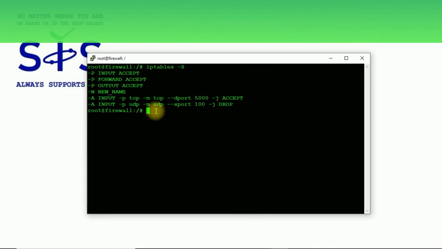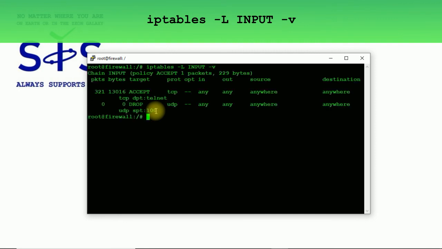Now I want to show you some other option. This option, again capital L and the name of a chain, dash and V, will show you how many packets reach our specified rule.